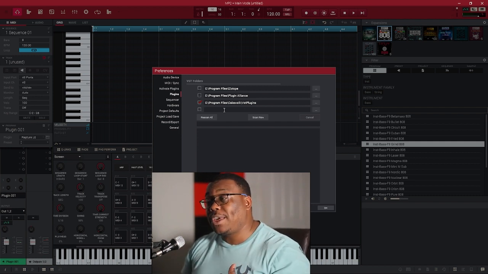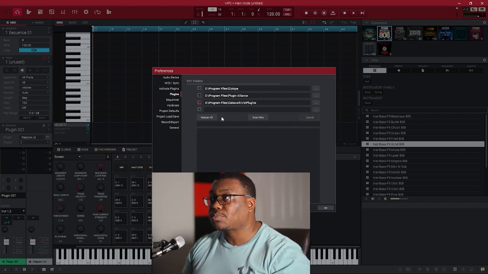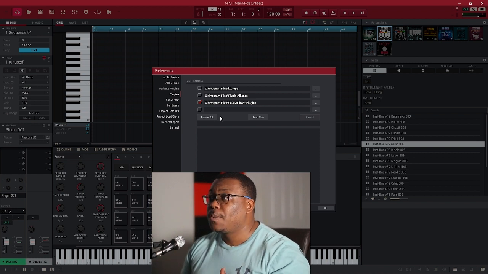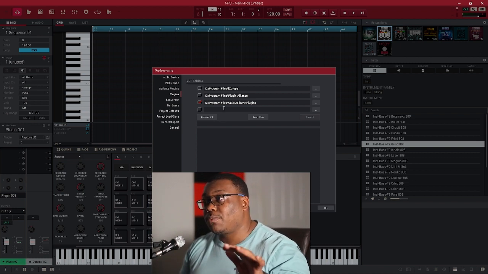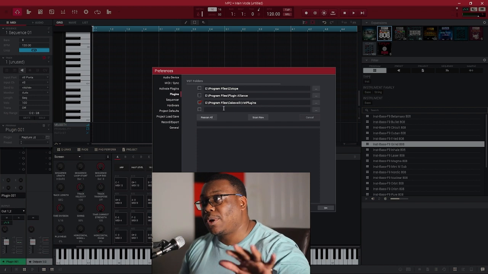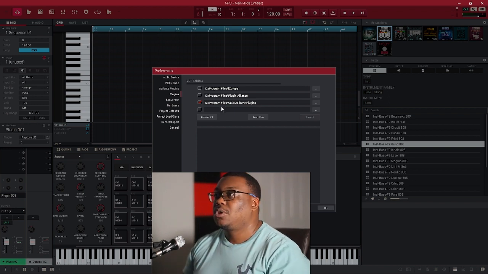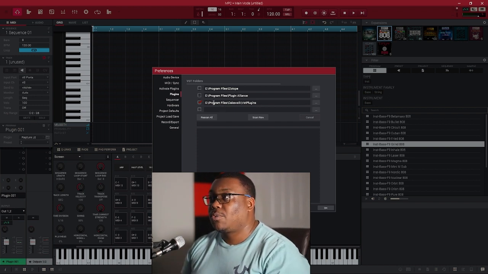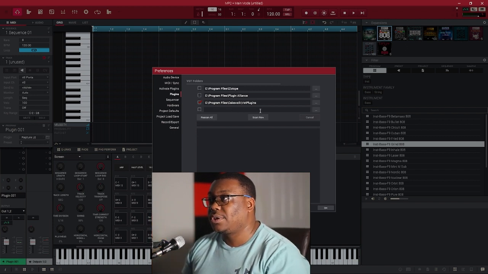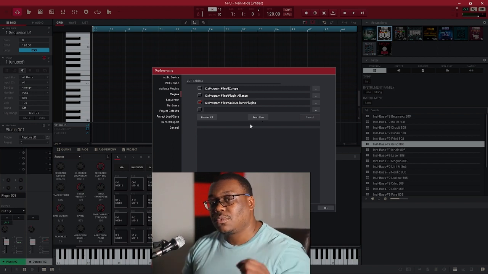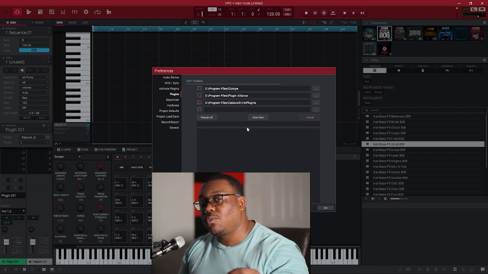So for me, because I use Cakewalk, I use Sonar and Cakewalk, it's already plugged into my Cakewalk. So I selected my Cakewalk. I got my Cakewalk up here, as you can see, and I selected it. Now, before I hit Scan New, before you see this, the easiest way for you to know where your plugins